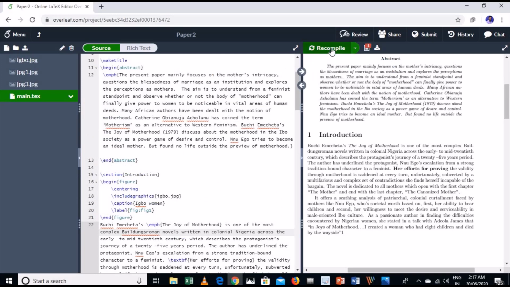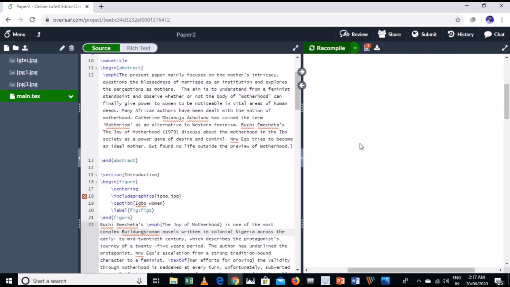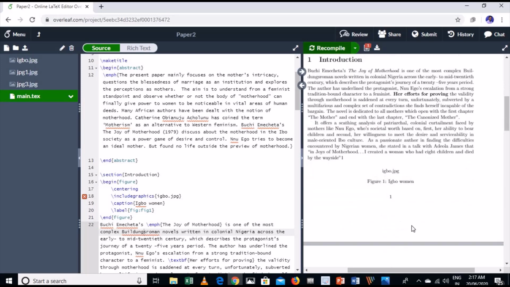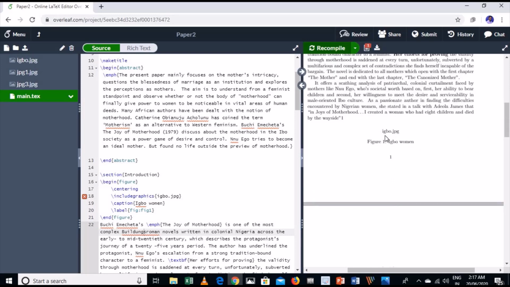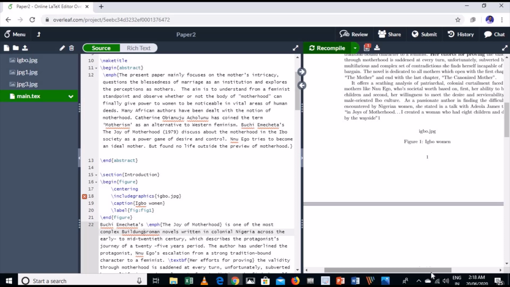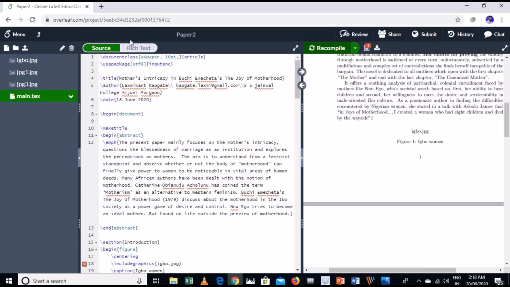So let's hit the recompile button and you will see the effect. Now you can see in the first section, I have added the image but it has not appeared in my page. For this, my dear friend, you need to do one thing. In the preamble, you have to select a package.